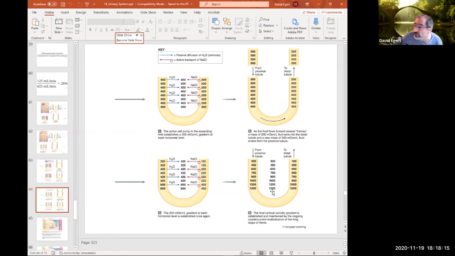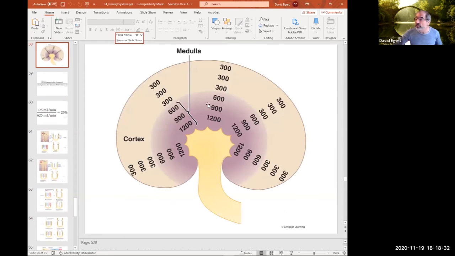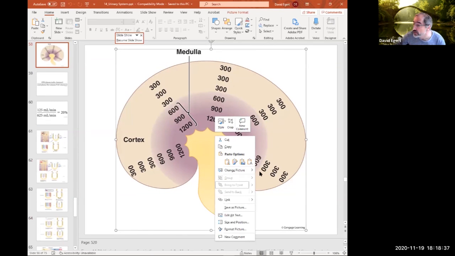It's about 1,200 milliosmolar. Near the top, it's still going to be 300, but because of this pumping and osmosis and the flow through the loop, by the time this whole thing is done, you've got this osmotic gradient inside the